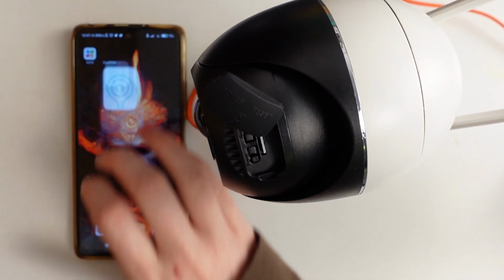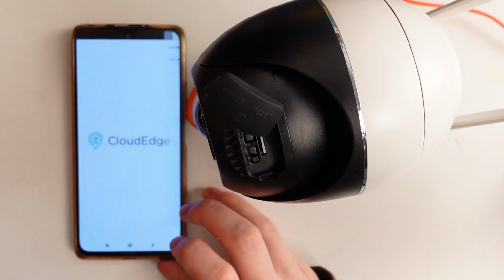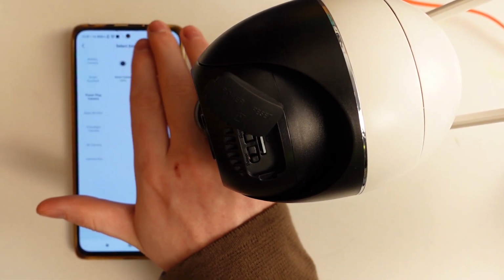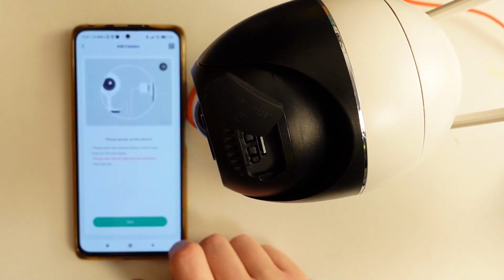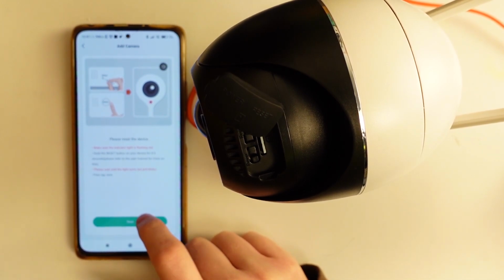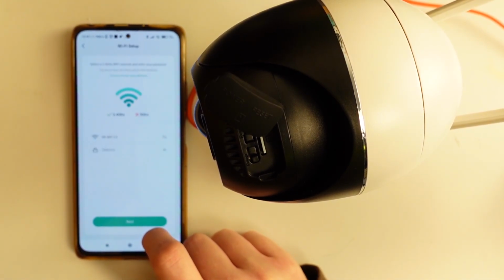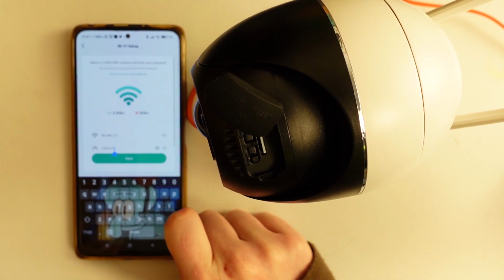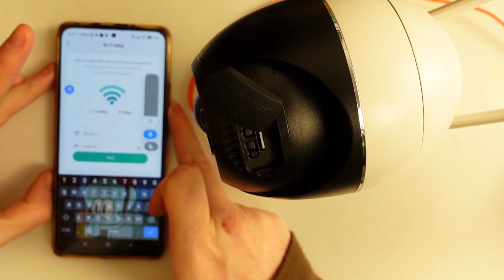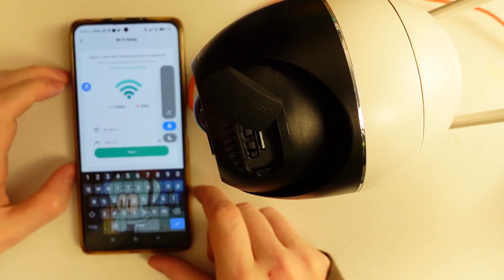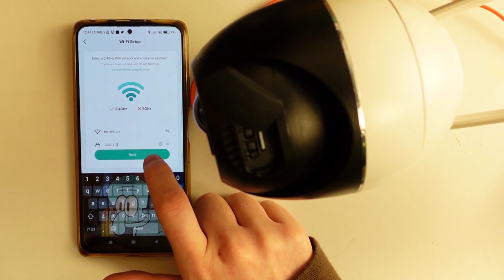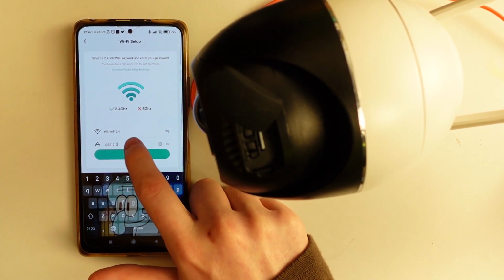Now we can open our app, click on add device. Here I would go for a power plug camera. You can go through the steps in the tutorial. I already did it. So here it's connect to the Wi-Fi network, and it needs to be the 2.4 network because it won't work on 5G. So be sure to connect to 2.4, enter the password, and now